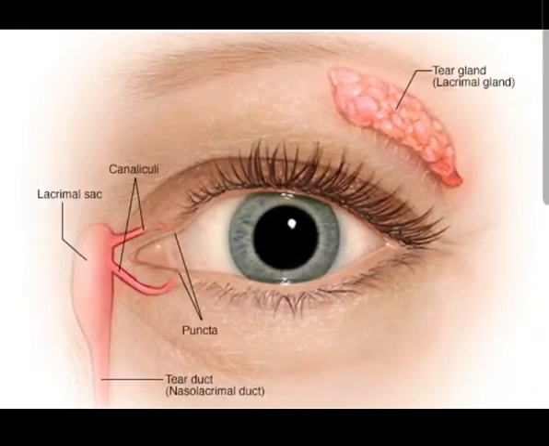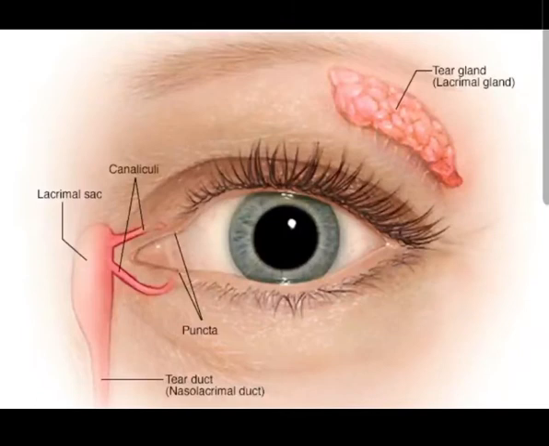Now these tears, not only this, they also keep the front surface of the eye clean by washing away the dust particles. In tears, one antiseptic enzyme is present, a very important one. The name of the enzyme is lysozyme. So the lysozyme enzyme present in the tears has an antiseptic property which kills the germs which make their way towards our eyes.